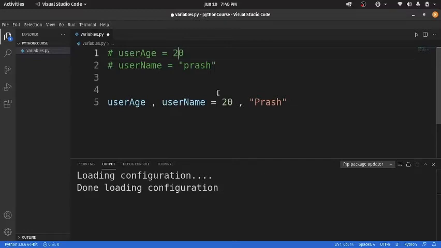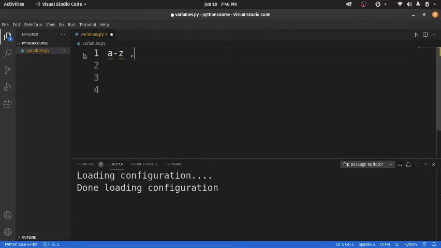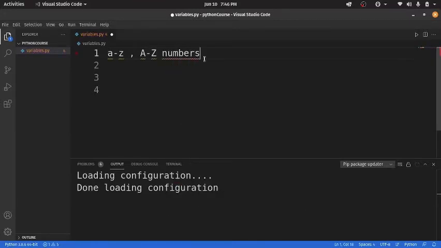And there are certain rules for naming variables. Let's see what they are. Your variable name can contain letters from small a to z, also capital A to capital Z, and numbers. I'm only writing this for you to understand, it is not any part of the code. Let's comment it out. You can use small letters, capital letters,